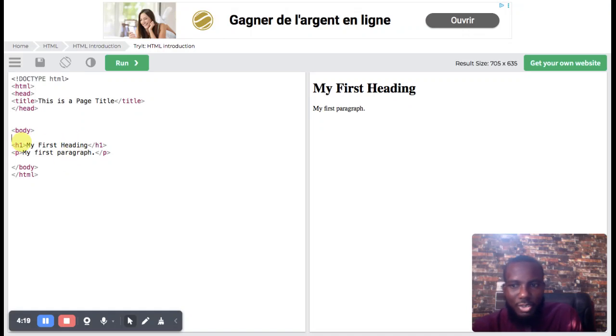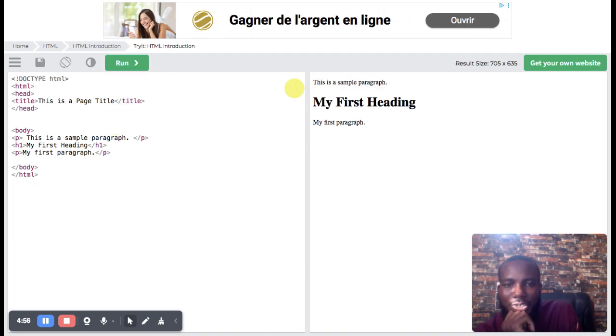Okay, for instance now, we have header one just to display the title of a particular article. Let's say P, and we close it in here. So this stands for paragraph. Okay, when we run this now, click on run, you can see what you see here. Then now you can see this